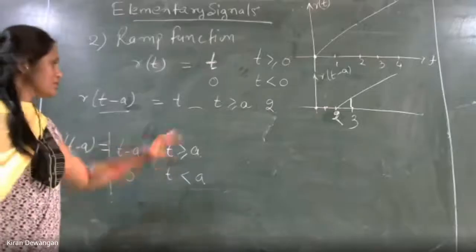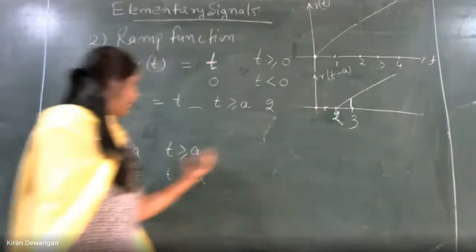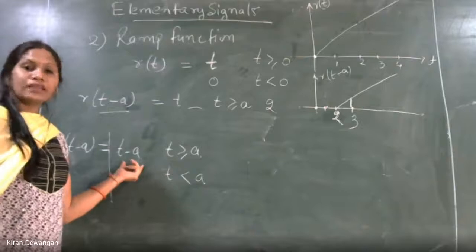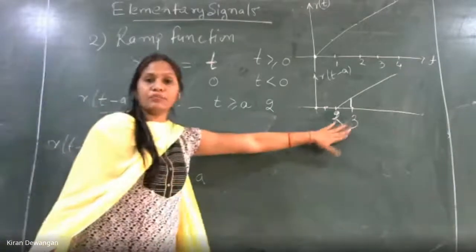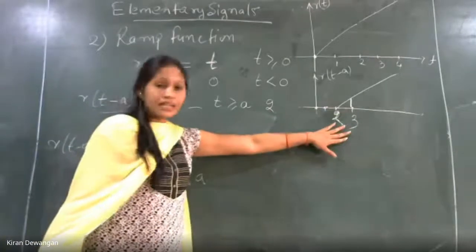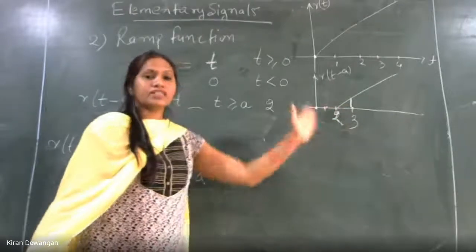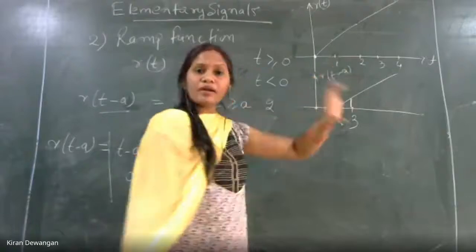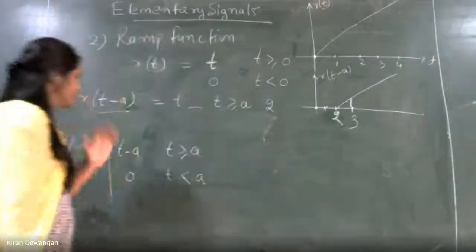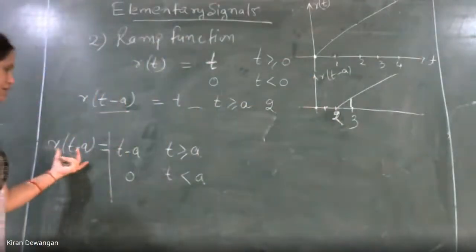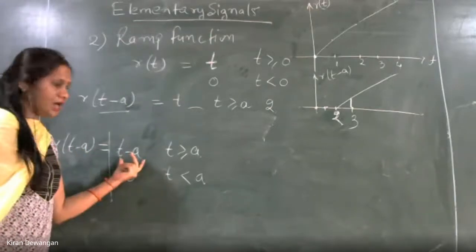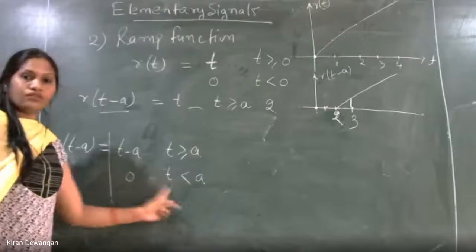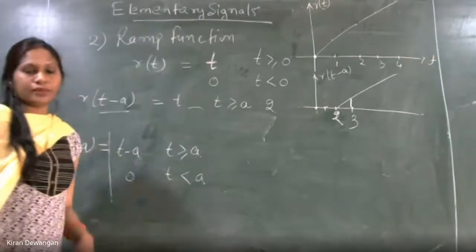What I am trying to say was that we cannot directly take it as t. T नहीं ले सकते, because in that case we will not get this particular plot. But the plot is correct, as we know that shifting process will just take place and the entire plot will remain as it is. So here for t minus a, it will be t minus a for t greater than or equals to a, and it is 0 for t less than a.